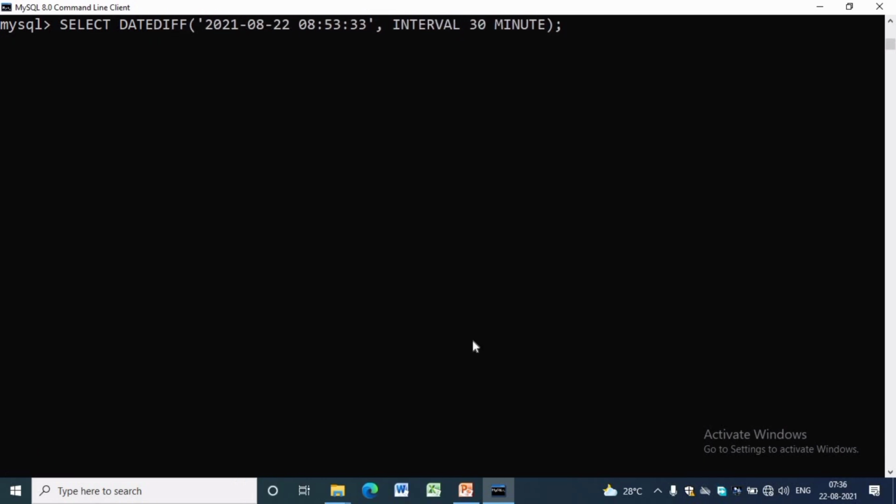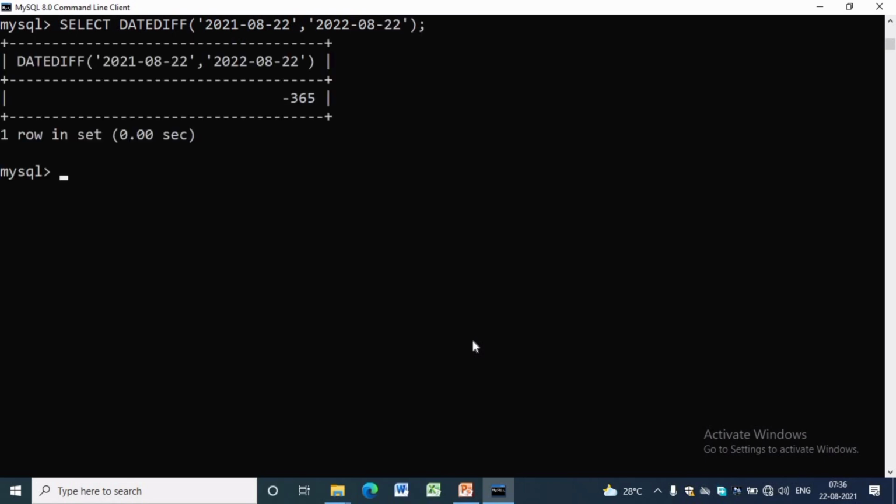DATEDIFF function will return the number of days between two date values. SELECT DATEDIFF, within brackets, 2021-08-22, comma, 2022-08-22, will give -365 because it will subtract the second date from the first one.